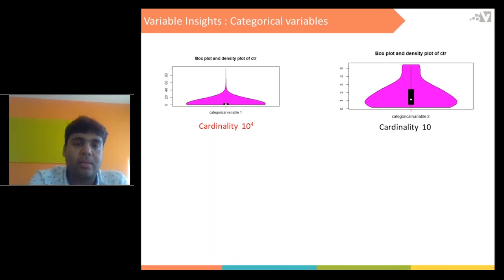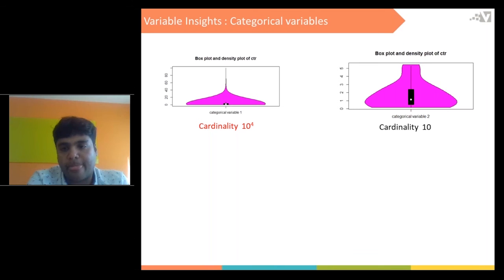variable. Looking at the distribution on the y-axis, you can say that this variable is definitely important. For variable 2 again there is a decent spread on the y-axis, which says this variable is definitely important, and changing the value of the variable changes the CTR, but the cardinality is on the lower side.